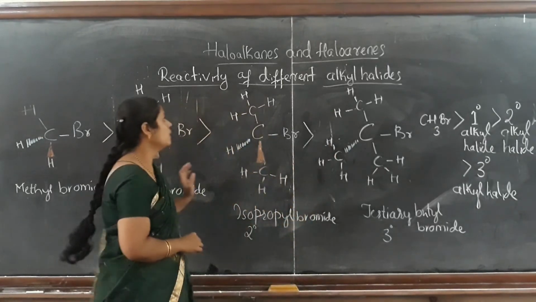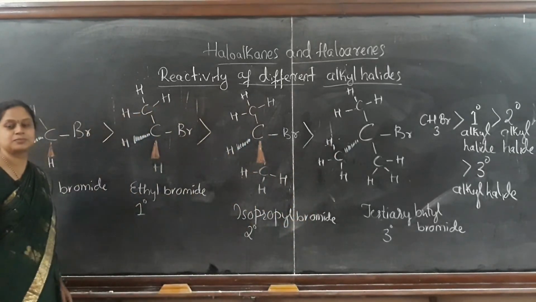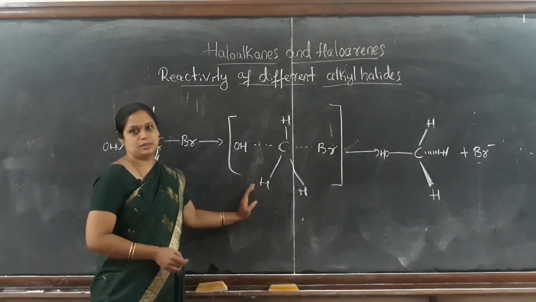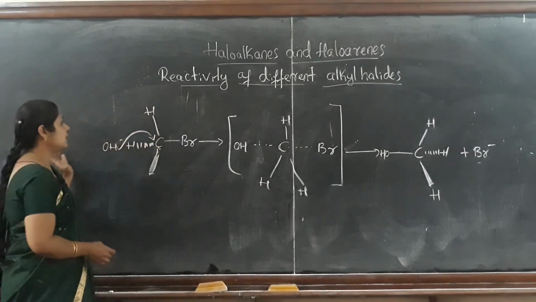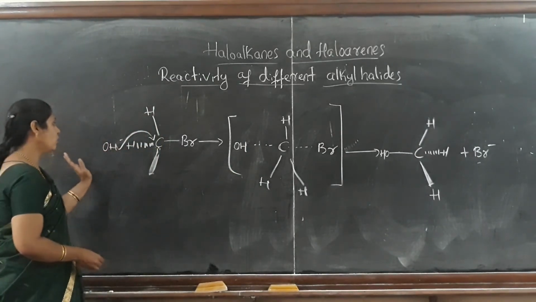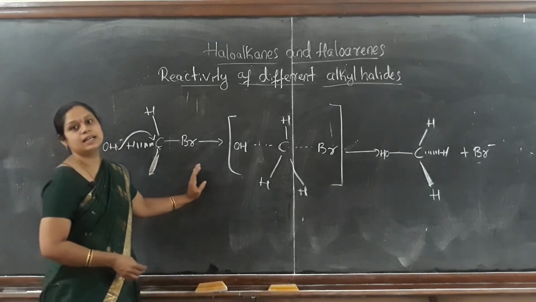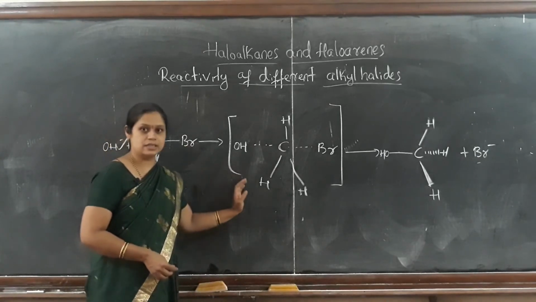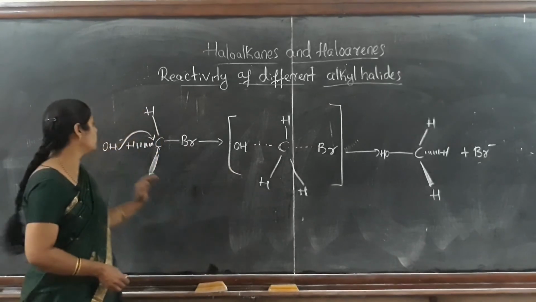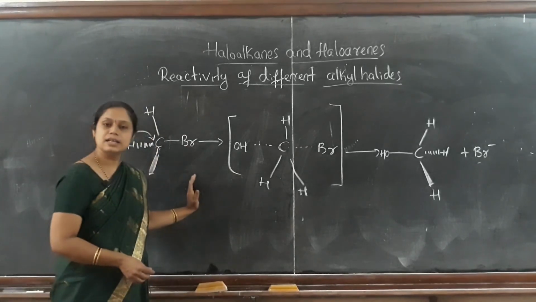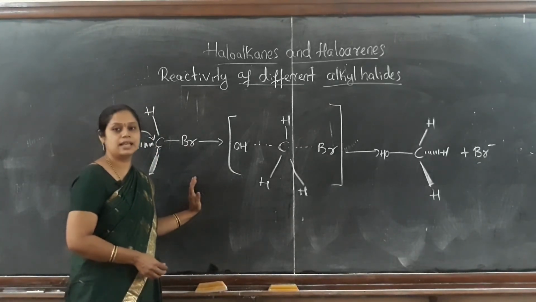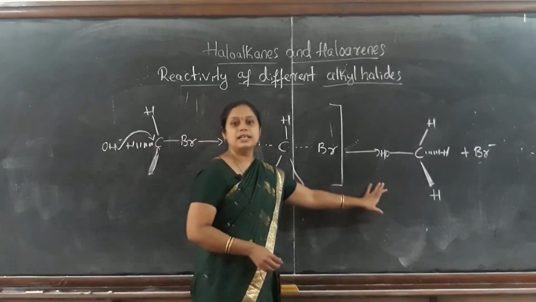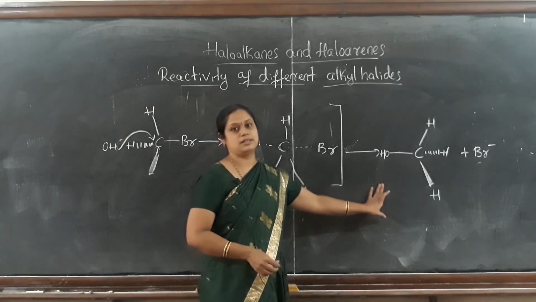Now let us summarize. This is a single step reaction with a rate determining step where both the nucleophile as well as the alkyl halide are involved. Hence, this is a bimolecular reaction and the rate of reaction depends upon both the nucleophile as well as the alkyl halide. Hence this is a second order reaction, and when you see the reactant and the product, it is an inversion of configuration. Thank you.